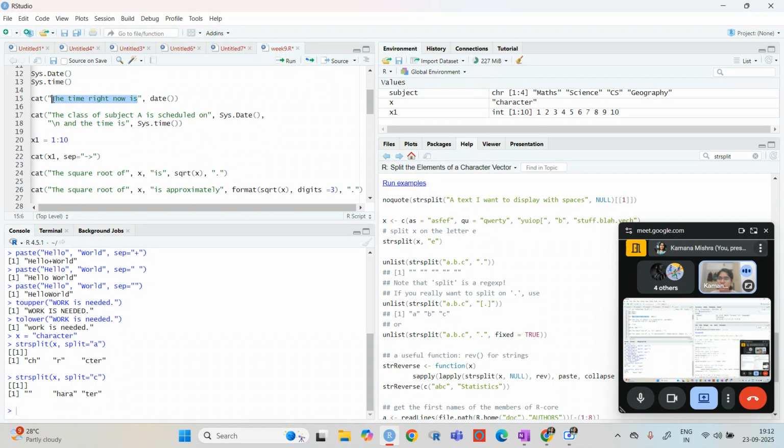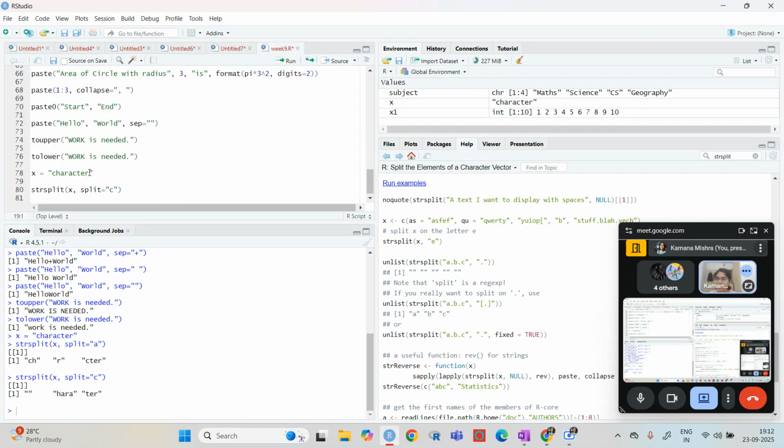So if I write like this, okay, let me not give this as x, I need to give it like this.